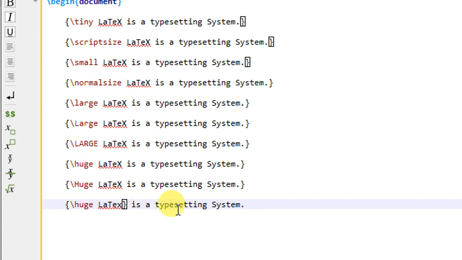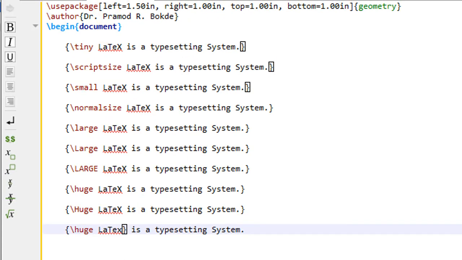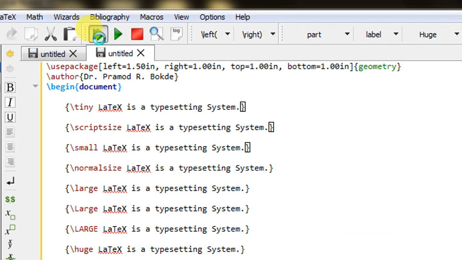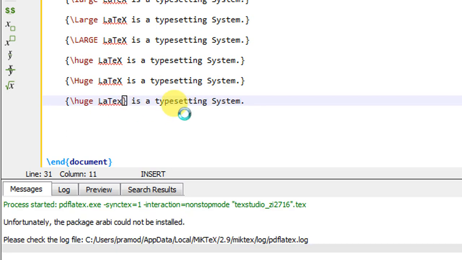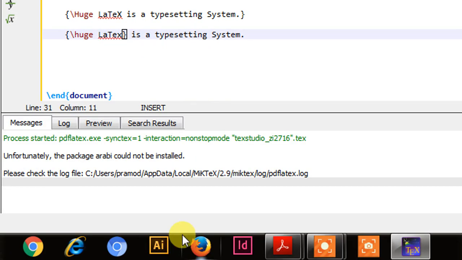What is the expected output in this case? I will explain. I will put it on processing. The expected output is that your LaTeX word will be displayed bigger as compared to "is a typesetting system". Let us quickly check the output. It is compiling, and after some time it is going to produce "LaTeX is a typesetting system".